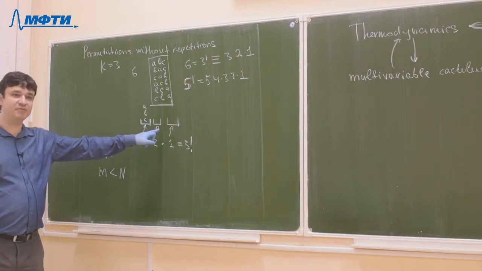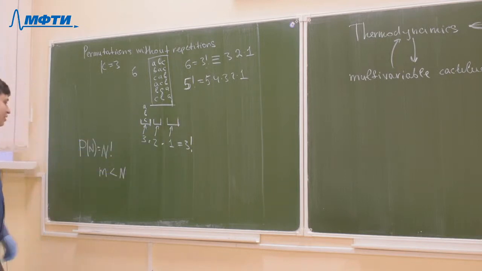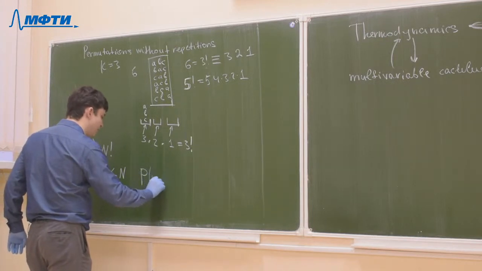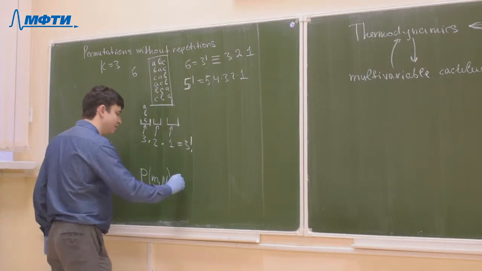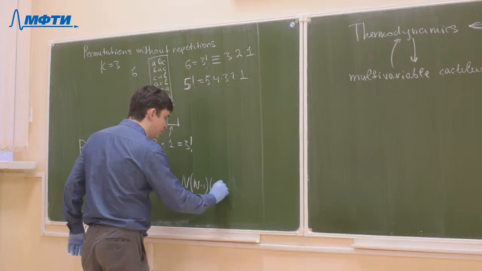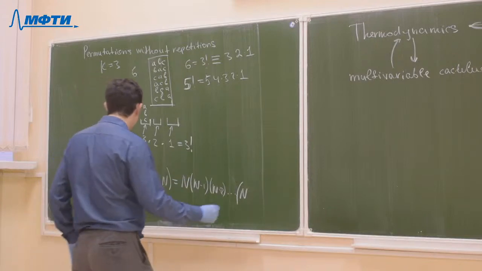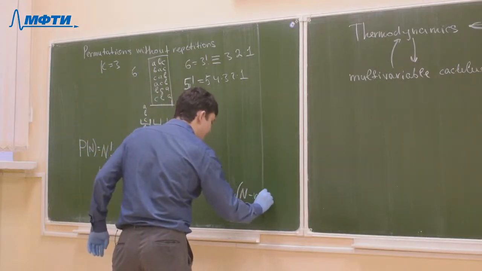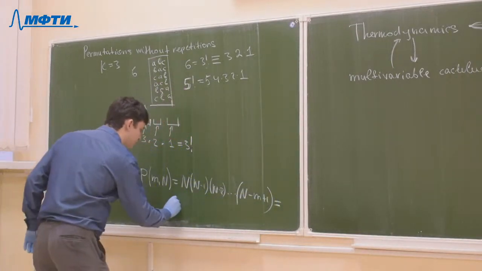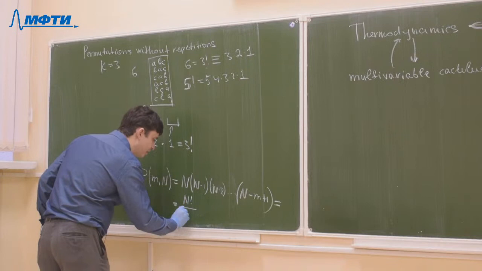Then using the same kind of approach as I have shown previously, we can immediately write that the number of permutations, P of m and n, is calculated as n times n minus 1 times n minus 2, until the last factor in this product, which will be n minus m plus 1. Or in other words, it can be written in a simpler way as n factorial divided by